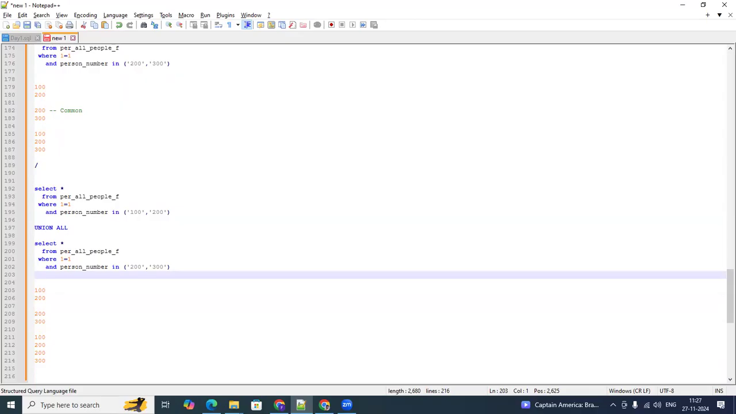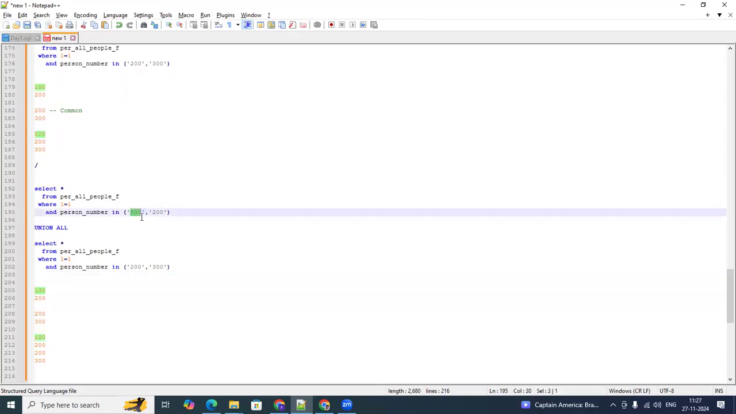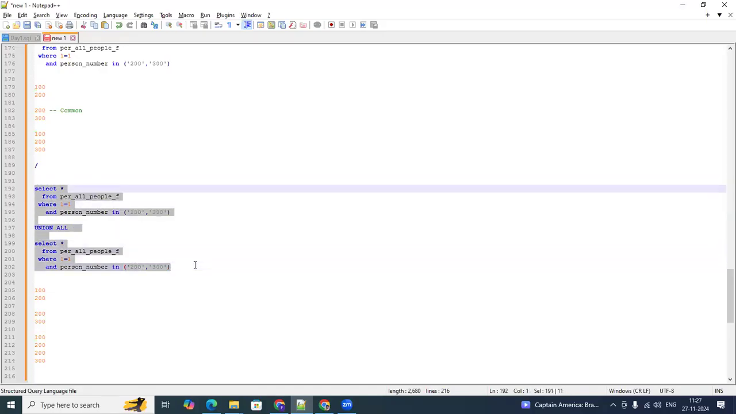Does that make sense? Union all, how it works? Okay, now to execute this in real time, you just need to find the right person numbers here, and if you execute this query, you will be able to understand the example. Okay. Now next thing is